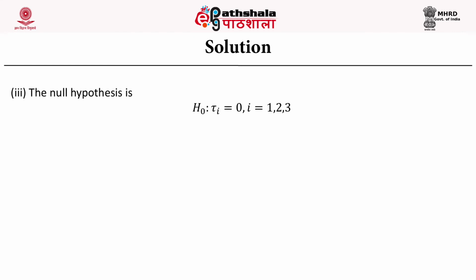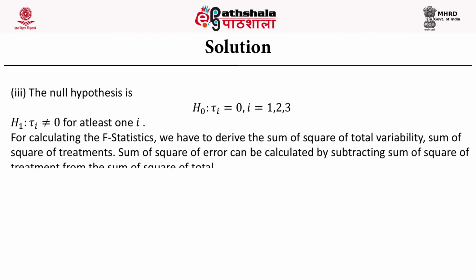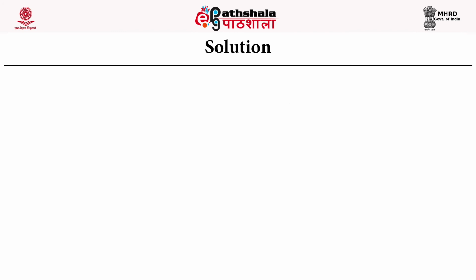The null hypothesis is H naught: tau i is equal to 0, where i varies from 1 to 3, and H1: tau i is not equal to 0 for at least one i. For calculating the F statistic, we have to derive the sum of squares of total variability and the sum of squares of treatment. The sum of squares of error can be calculated by subtracting the sum of squares of treatment from the sum of squares of total. It is 526901. Hence, putting the value in the sum of squares of total, we get